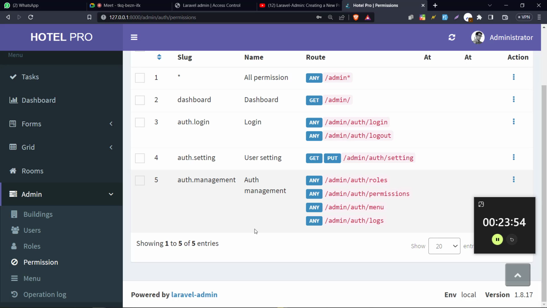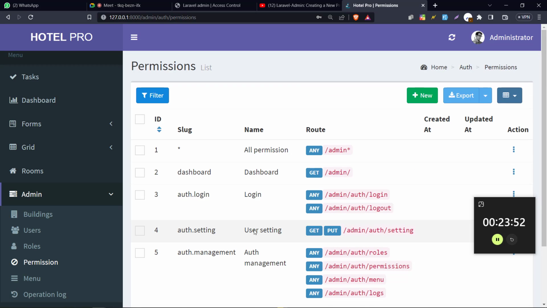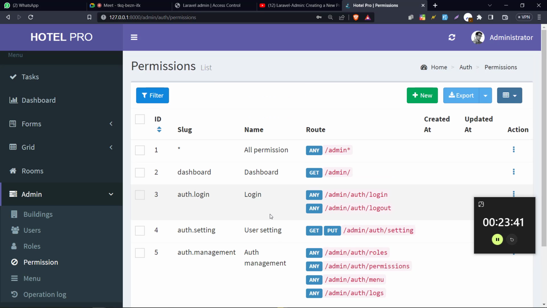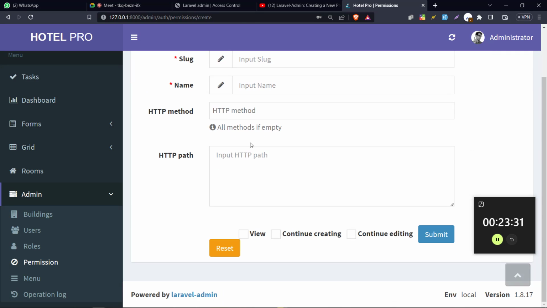You can create a permission for only adding a new room, so something like that. So I'm going to create a permission for only accessing the room, and then the rooms module, okay? So to do that, we'll go ahead and come to permissions and then click on new permission, and then we